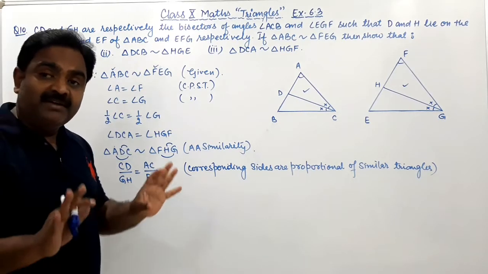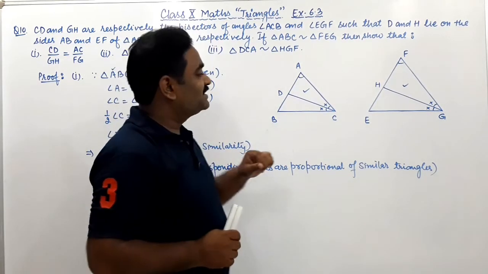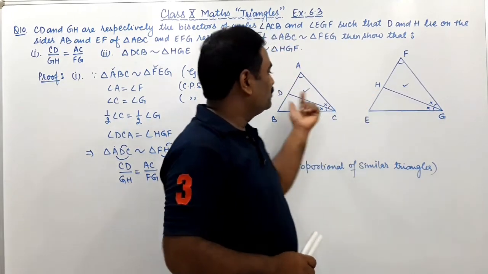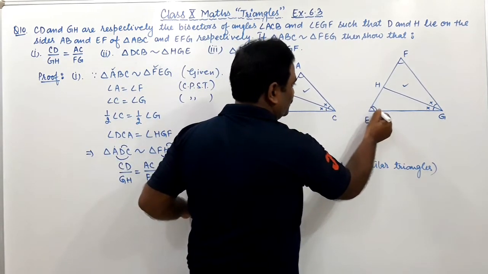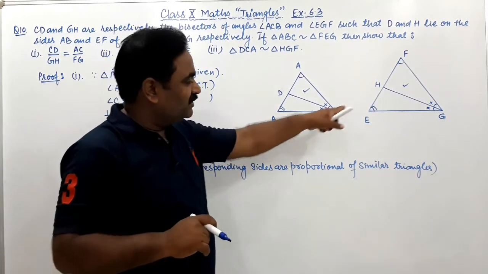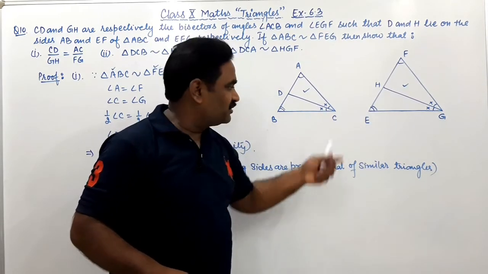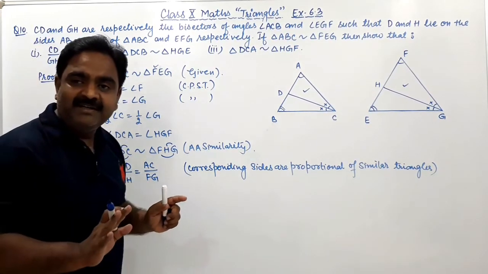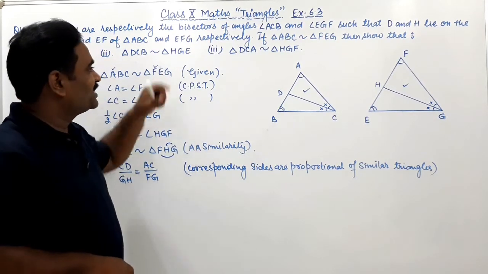DCB. पहले तो ट्रायंगल को आप क्लियरली ध्यान से देख लीजिए. DCB means this triangle is similar to HGE. तो इन दोनों का this angle B will be equal to angle E. क्यों? Because ABC is similar to FEG. So angle B will be equal to angle E. Now this angle is equal to this, because ये angle C angle G के equal है तो इसका half equal होगा. Same as you can prove it. Similarly, concept समझ में आ रहा है?